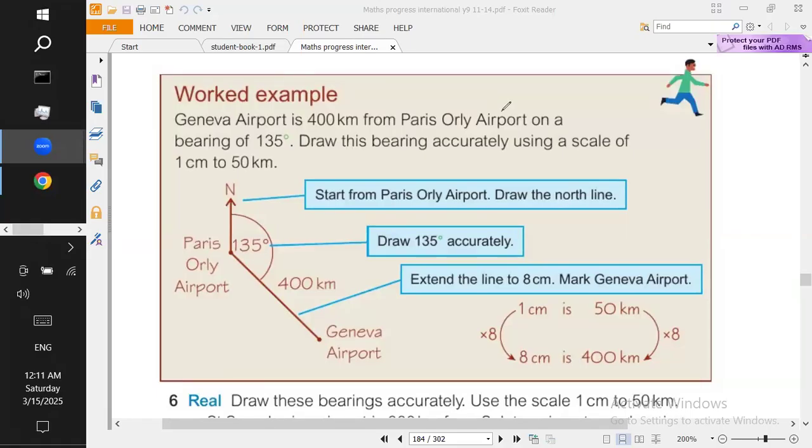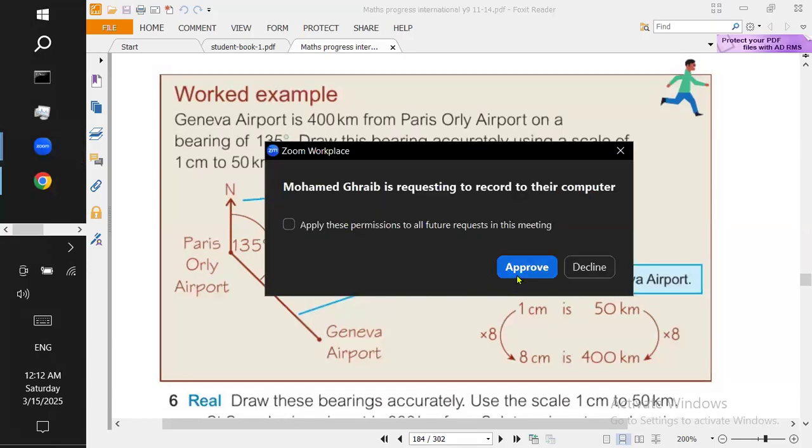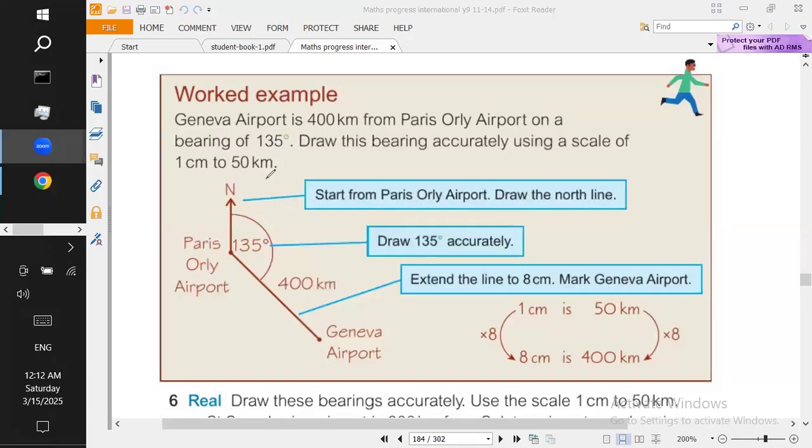In this video, we're going to talk about bearing, and we're going to explain this question again. Geneva Airport is 140 kilometers from Paris, Orly Airport, on a bearing of 135 degrees. Draw this bearing accurately using a scale of 1 centimeter to 50 kilometers. So basically, the first thing you do, you have to put the point, which is Paris Orly